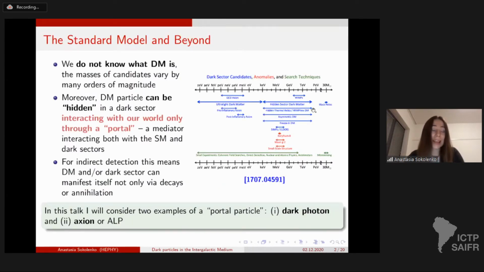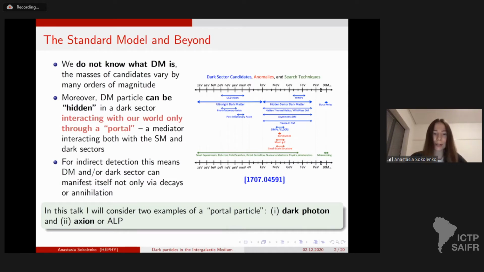So, as you heard from previous talks, we don't know, of course, what dark matter is. We are all curious about that, but it could be at any mass, and we don't know where exactly the dark matter particle sits. And even more, we don't know whether it's the only new particle or whether the dark matter particle sits in some hidden sector, in some dark sector, and the only possible way to connect our world with the dark matter particle is via mediators. So we don't know that as well, but